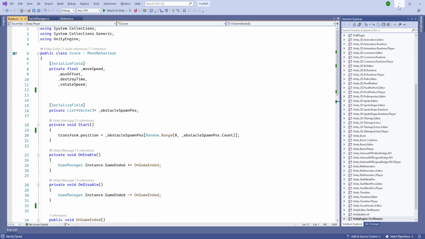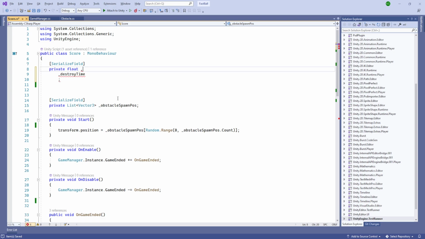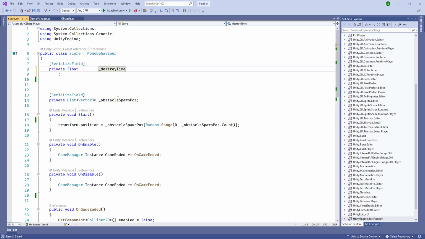Because there are two states for the score, which is its block, I mean our bar. So if it is painted white, or its color is white, then only it's going to detect the score, or else it won't detect. And we are also not going to need the rotate speed and also the move speed, and also not the max offset. So we are only going to need the destroy time,